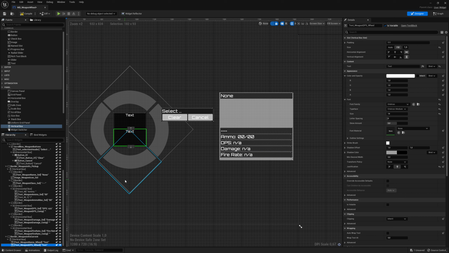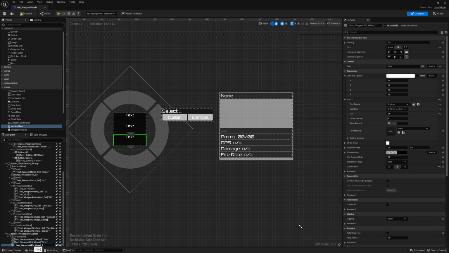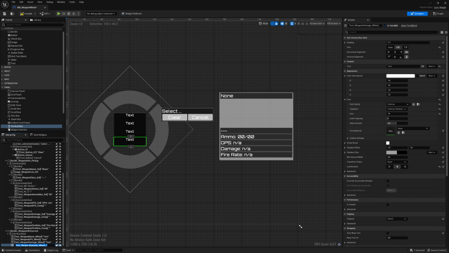There we go. And then we also want to make one for the damage and for the ammo. So let's duplicate it one more time. This is going to be damage for the wheel, and then for the ammo we want to put it in a horizontal box, so we can put the current ammo and the maximum ammo in there. So first of all, let's duplicate this one more time, and this one doesn't need to be a variable, so I'm just going to say text ammo and then turn off variable. So for the text I'm going to type ammo